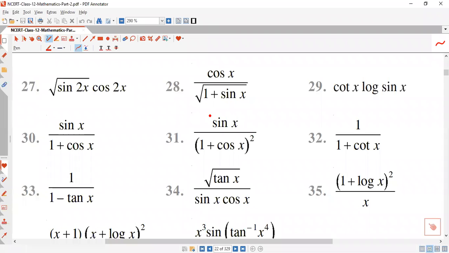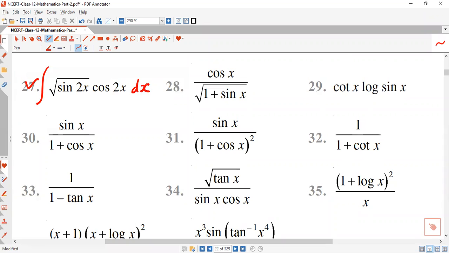Hello, class 12th students. So far, we have learned in this chapter number 7, Exercise number 7.2, up to the question number 26 in part 2. Now, in this part 3rd, we start with the question number 26. We want to do the integration of this function.